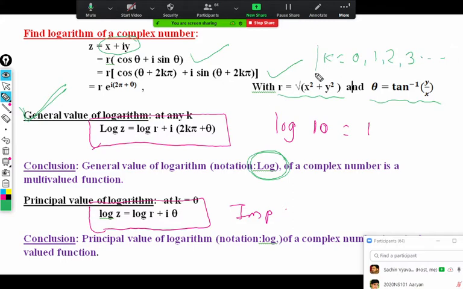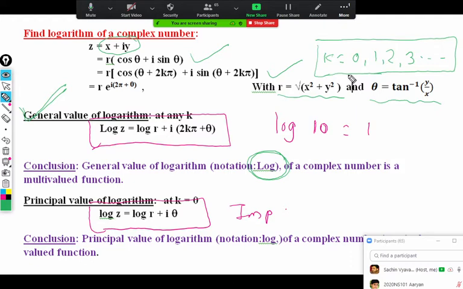We already learned this same thing in one of the articles known as roots of complex number. In roots of complex number, we have to do the same thing. We have to convert a complex number into general polar, and then we replace the values of k like this, and we get the roots there. So a similar thing we require here again.